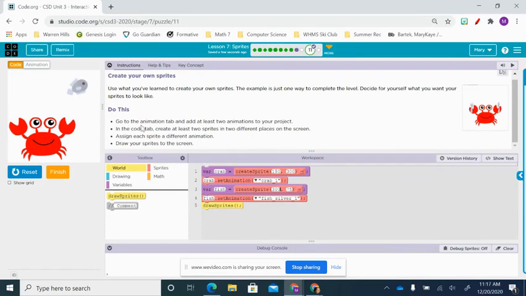So that's what I needed to do. I needed to create at least two sprites in two different places on the screen. I was able to do that and assign each sprite a different animation. So if you take a look at